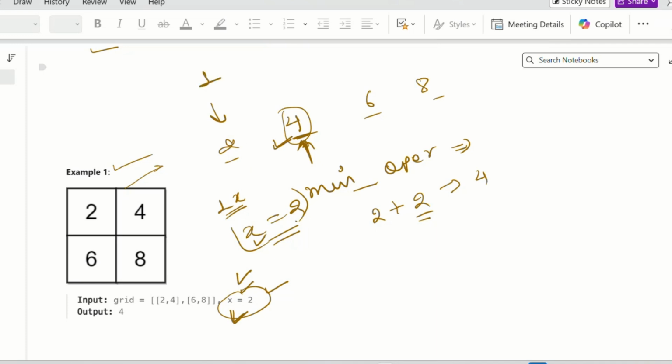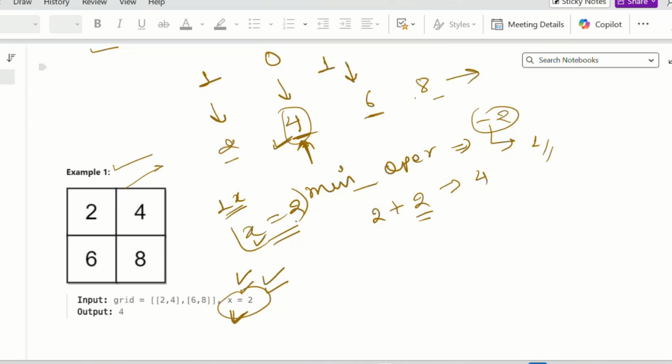How many operations are required? One operation. Now 4 is already equal to 4, so no operation is required. If I try to make my 6 equal to 4, I need to subtract 2 from my 6. How many times do you need to do this? Only one time. So the number of operations is 1.